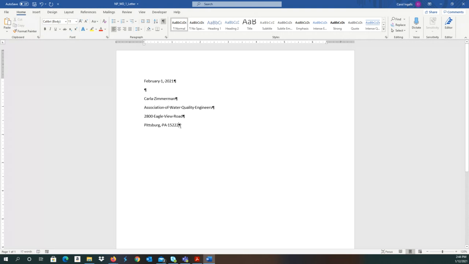Now, it says here that remember to press enter after you type the zip code. So once I have done that, you can see too that our paragraph mark shows that I have actually entered, instead of just a blinking cursor. Now, you can see that we'll default the spacing for now. See, there's too many lines between this. This is supposed to be single spaced right in here, but we're going to deal with that once we finish typing the letter. I would probably do it now, but I kind of want to default to what the book